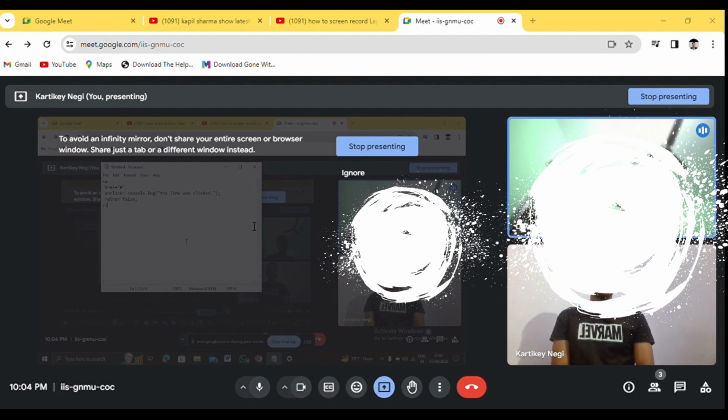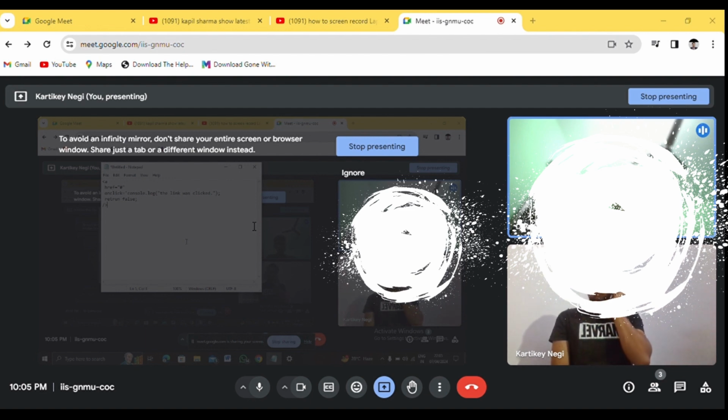Basically over here we have an anchor tag, and we are providing the href as hash. Then we have one control function which will console log that the link was clicked, and then it will return.